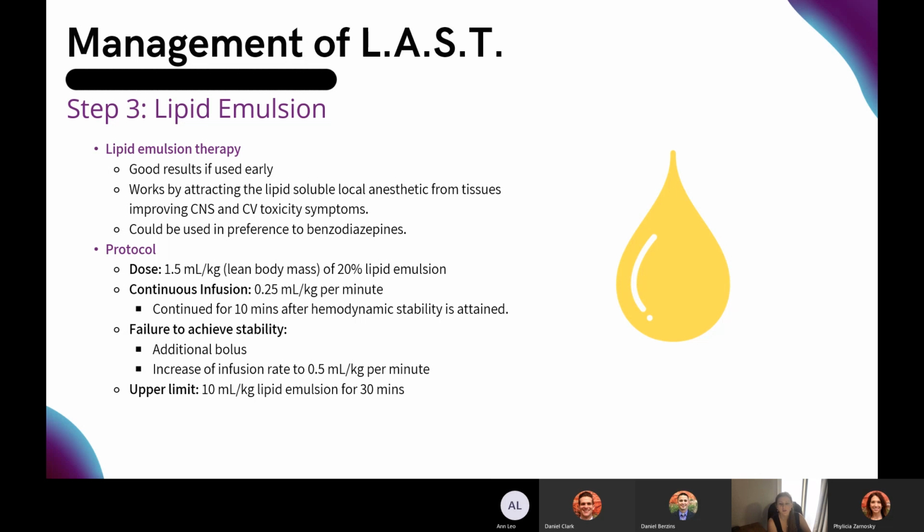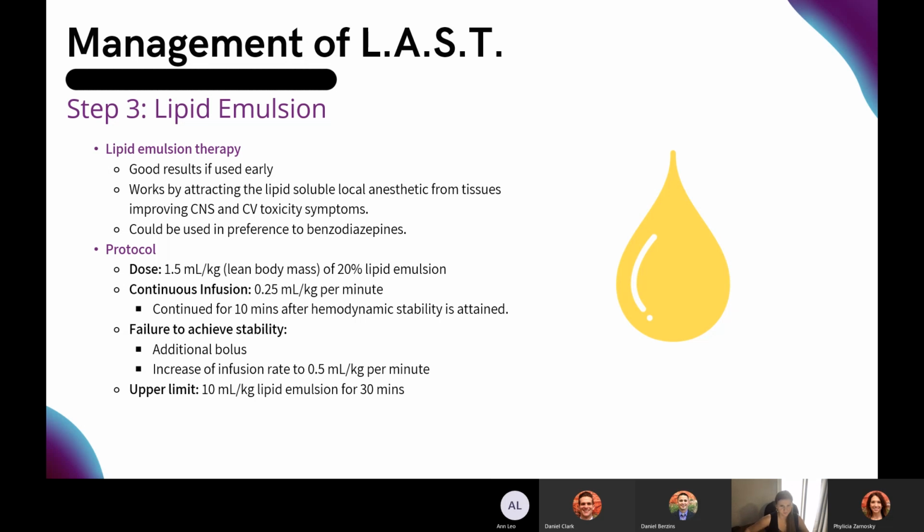And by choosing a lipid emulsion therapy as your primary course, it simplifies your entire procedure because you don't really need a lot of the other pharmacological agents unless things progress to be more severe. But lipid emulsion therapy has been found to be very effective in treating local anesthetic toxicity and has been shown to be used in preference to benzodiazepines if it is used early enough to treat seizures,